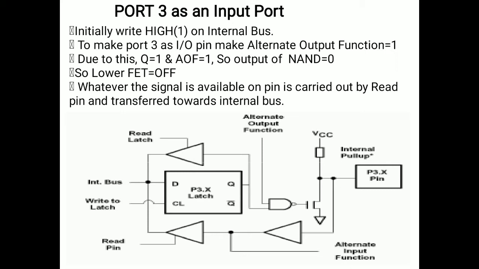But in case of port 3, along with the basic IO operations, it may act as an alternate pin function, and that alternate pin function is different for each pin. Are you getting it? The alternate pin function available at P3.0 is not the same as in P3.1 or P3.7. So each of the 8 pins carries a different